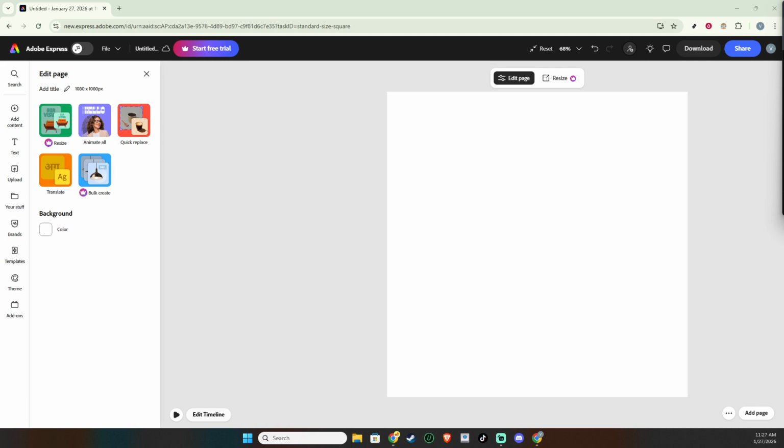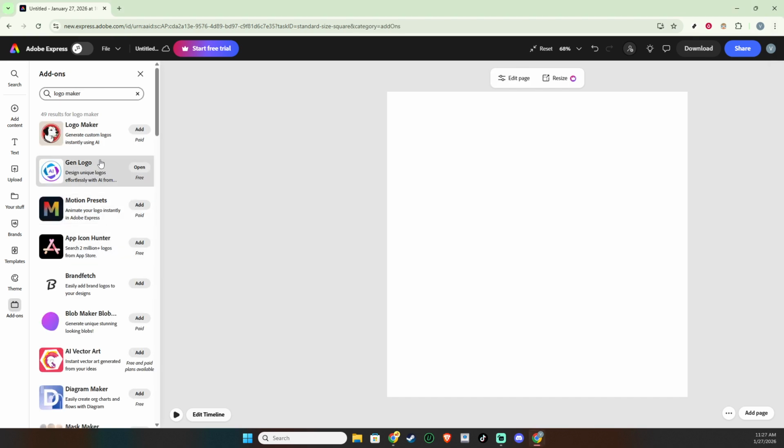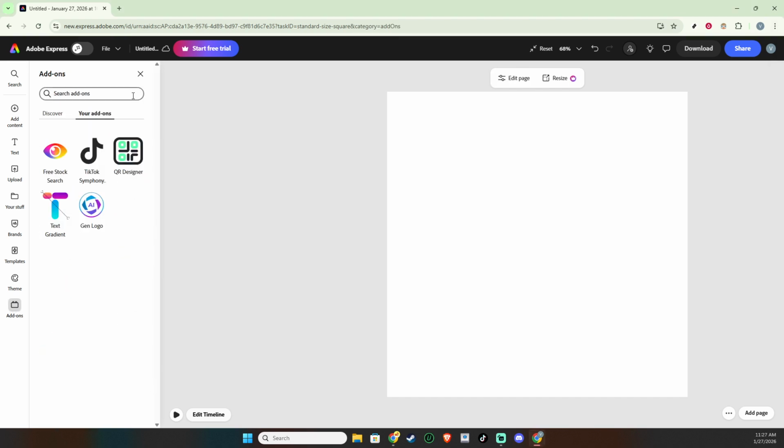Open your project in Adobe Express and go to Add-ons. This panel is where you connect powerful mini tools directly into your workspace. If you don't see it right away, look along your main interface for the Add-ons option. Opening it brings up a searchable library of features that work right inside Express, so you don't have to juggle